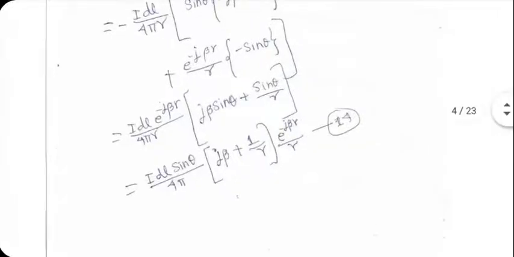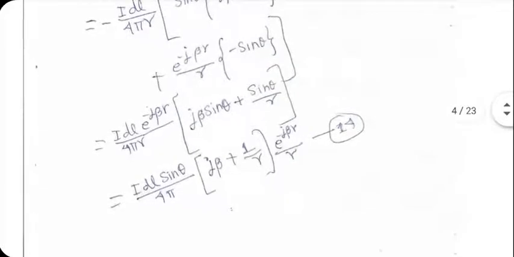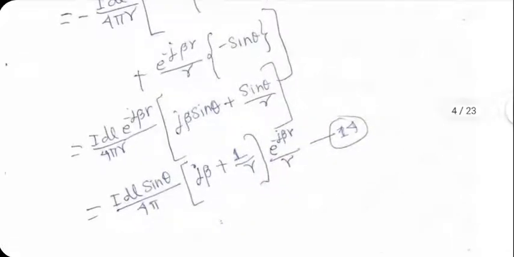As you travel away and away from the antenna, the effect of 1 upon R square term starts decreasing much faster. After a certain value of R, you may ignore that term completely and start worrying only about 1 upon R term. 1 upon R term is known as far field component, while 1 upon R square term is the near field component. It is significant only when you are closer to the antenna.